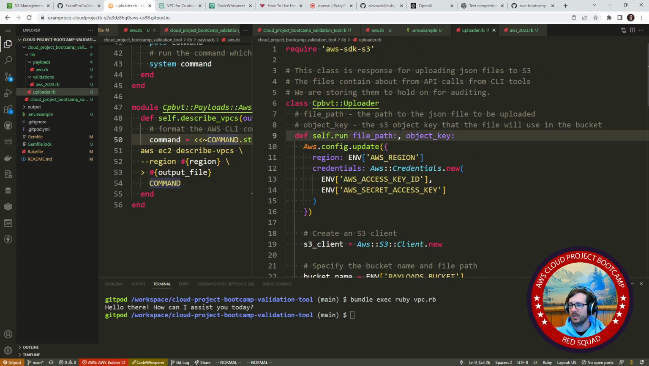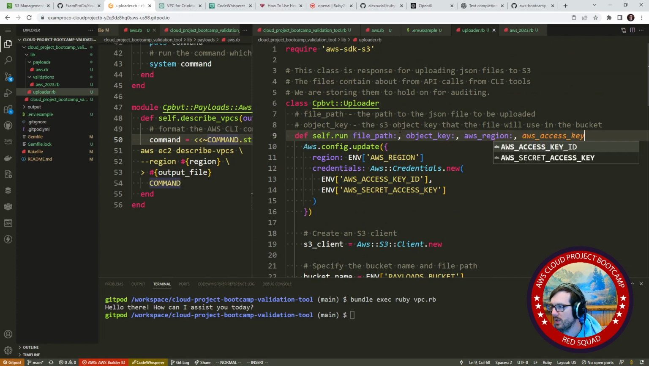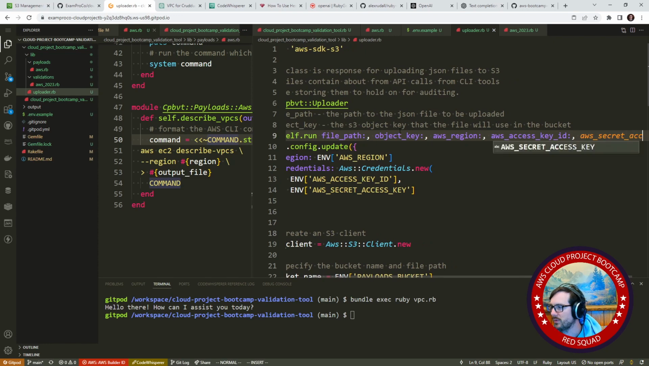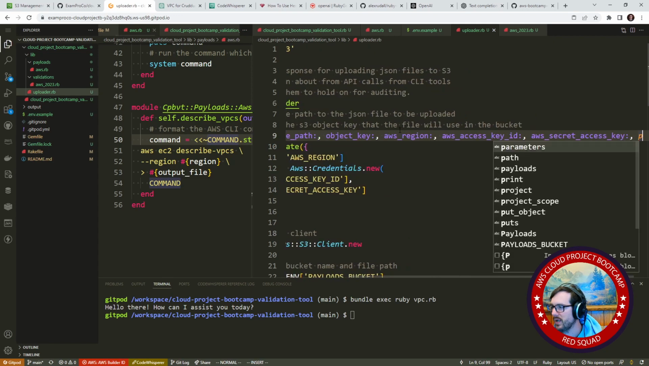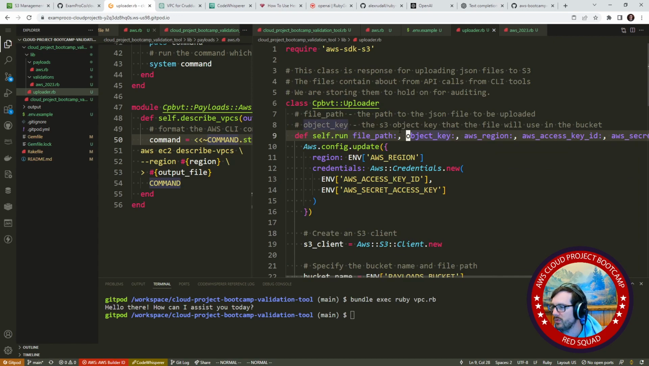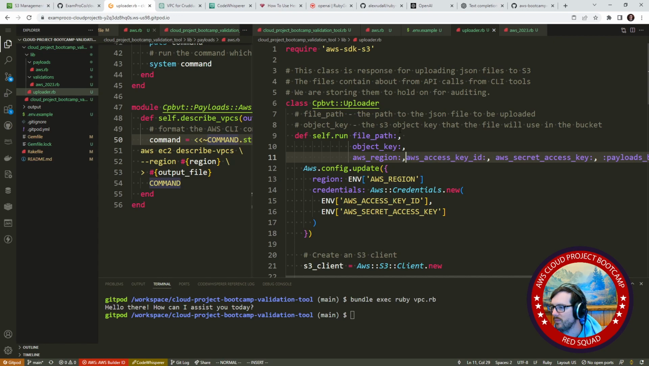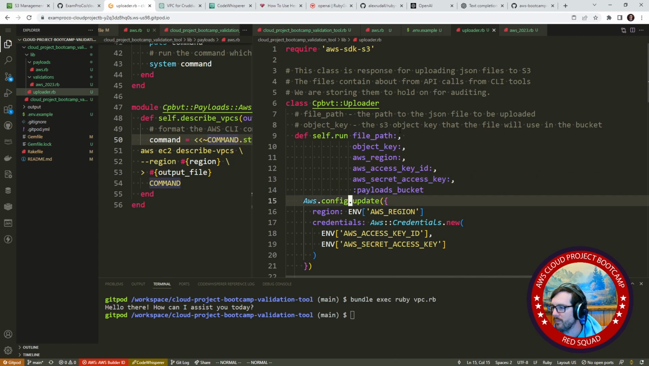So I'm going to go to the top here, and I'm just going to change this so we'll have AWS region. We'll have AWS access key ID. We'll have AWS secret access key here. We'll have the payloads bucket. What you can do in Ruby here is you can do this if you want. Makes it a little bit easier to see what's going on. Okay, and so